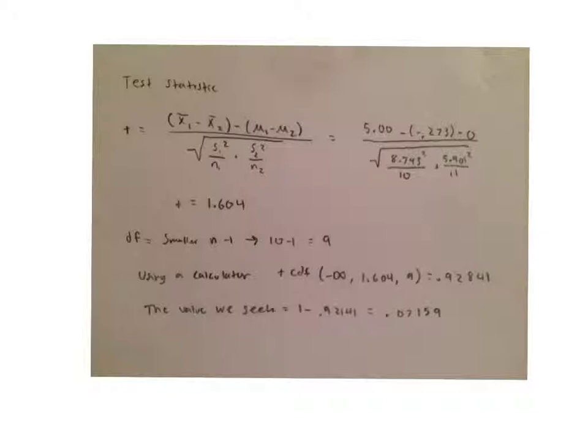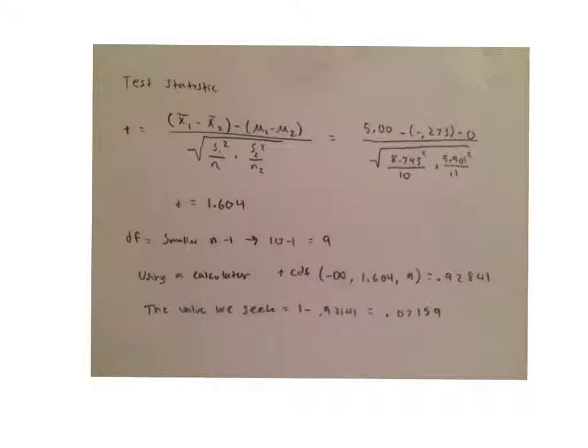And we need to find the degrees of freedom, which is the smaller n value minus 1. In this case, the smaller n value is 10. So 10 minus 1 is 9. Now using a calculator, we will convert the test statistic into a p-value. We use the command tcdf, and we plug in negative infinity, 1.604, and 9 for the degrees of freedom. This gives us a value of